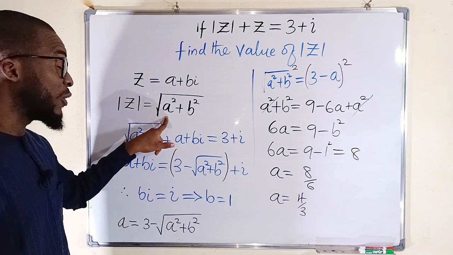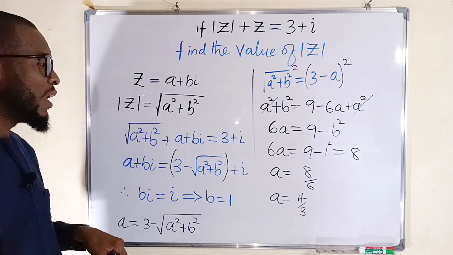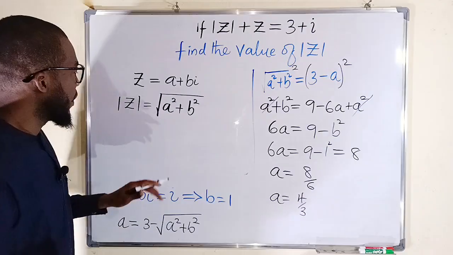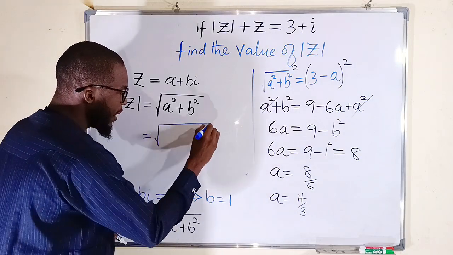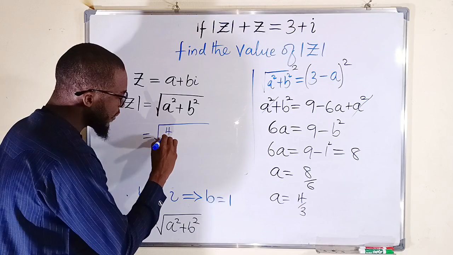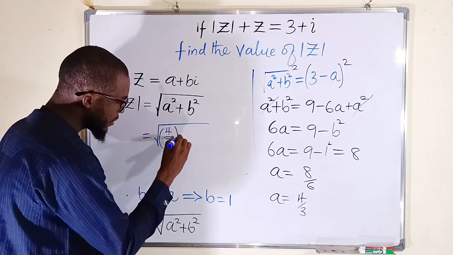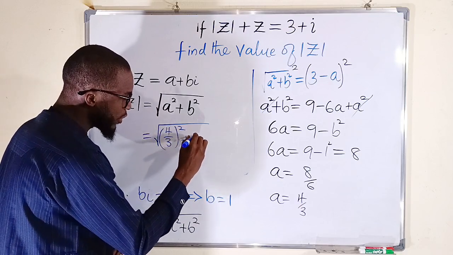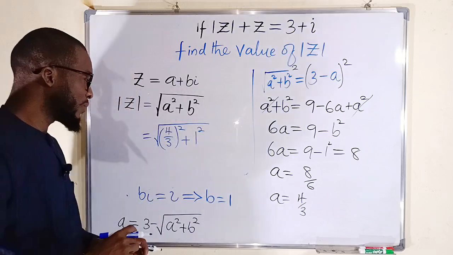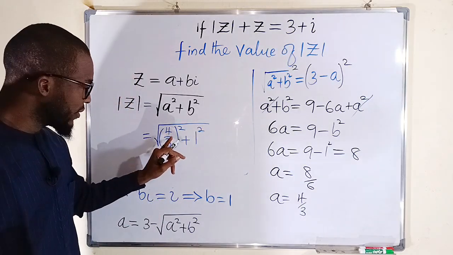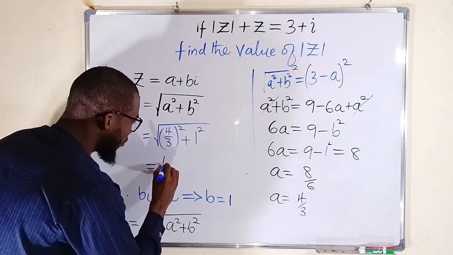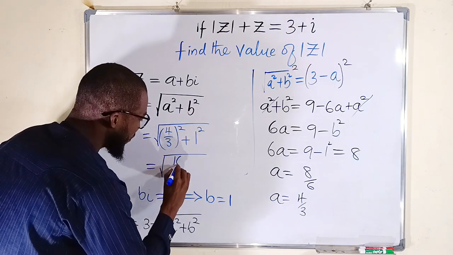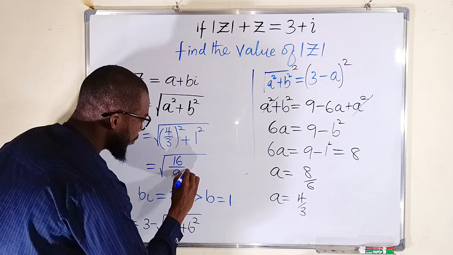Now that we have the values of a and b, we can simply plug them back into this equation to find z modulus. Let us do that. So therefore this will be equal to the square root of a squared, which is 4 divided by 3 all squared, then plus b squared, which is 1 squared. 4 squared is 16, 3 squared is 9, so this will be equal to the square root of 16 divided by 9 plus 1,